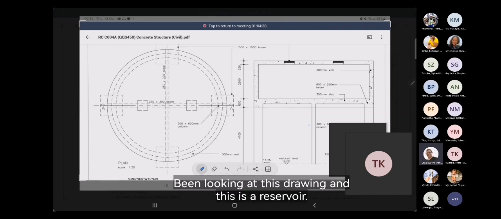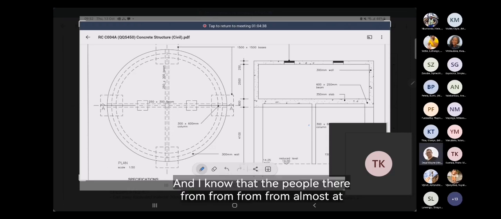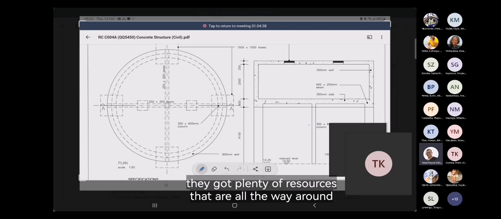When looking at this drawing, this is a reservoir. You all know what a reservoir is? I know that the people from the northern areas of East London have plenty of reservoirs all the way around there. So this is a reservoir, but you can see that, looking at it from the top,